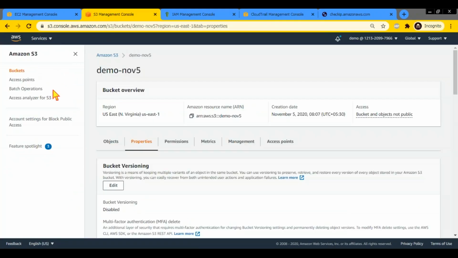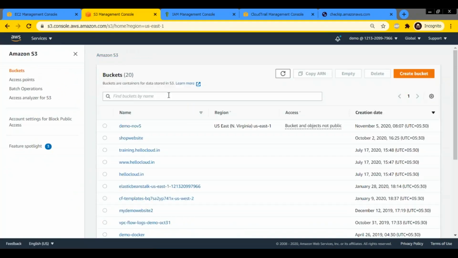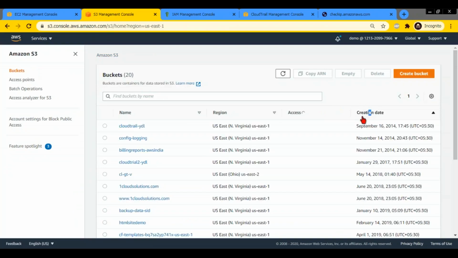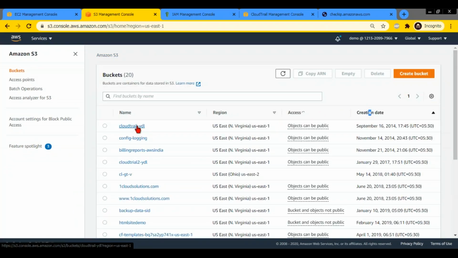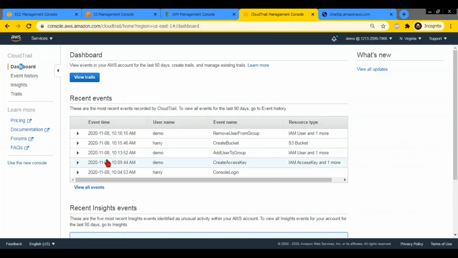So here, if you see, I have a bucket with my logs, which was probably one of the first buckets which we create, right? So usually as soon as you create your account, root account, you had to go and enable CloudTrail, but these days it is enabled by default. You just have to go and update the bucket name with your bucket name, right?